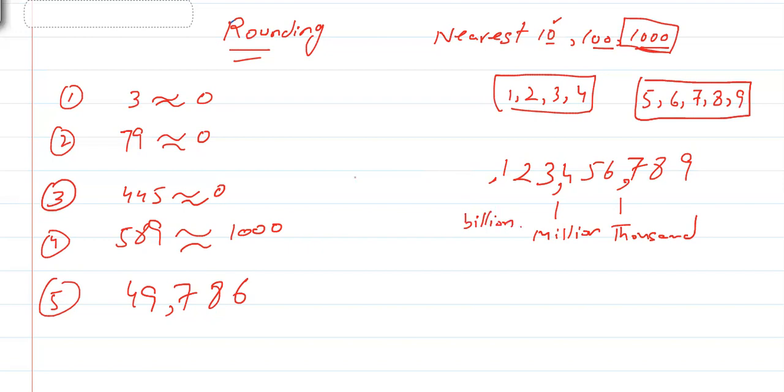And for example, if it is next, furthermore, it will be for trillion. So if you are asked to read this one, how can you read it? You can read it 123,456,789. That will be the way to read it. For example, if you have to read this one, it is one, two, three. The first comma is for the thousands, and then it is 49, so you will read it 49. The first comma is for thousand, 49,786.